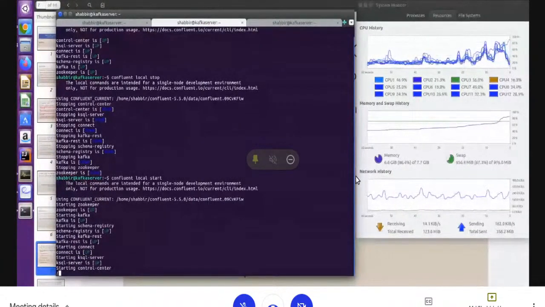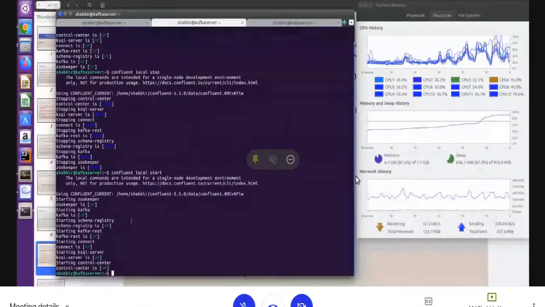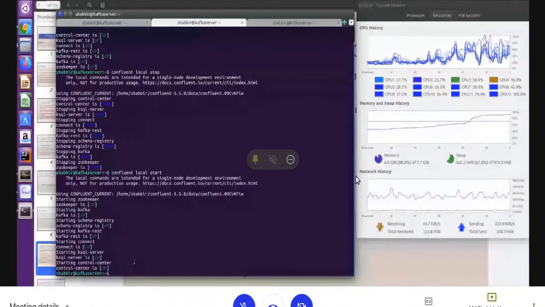It is taking time because it is starting all the servers. Okay, all the servers are up and running, right?